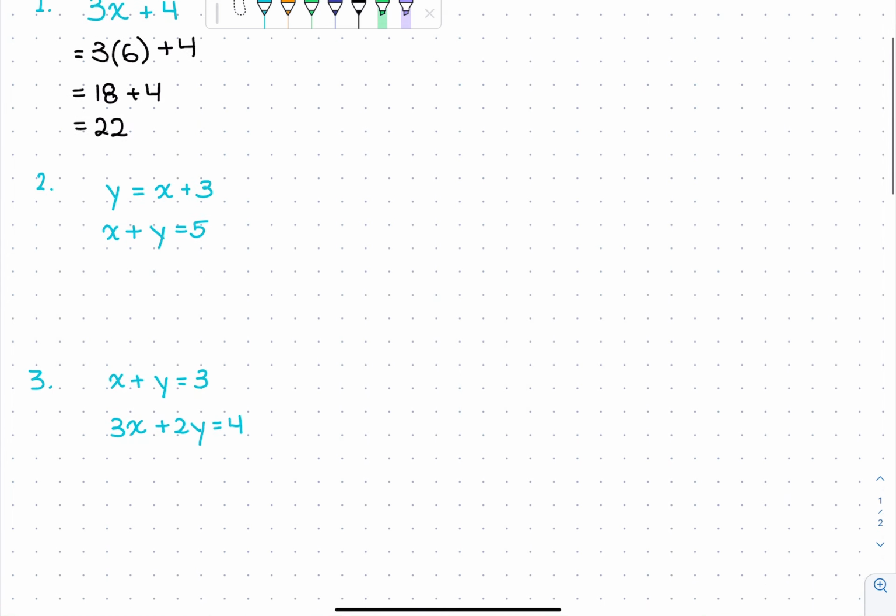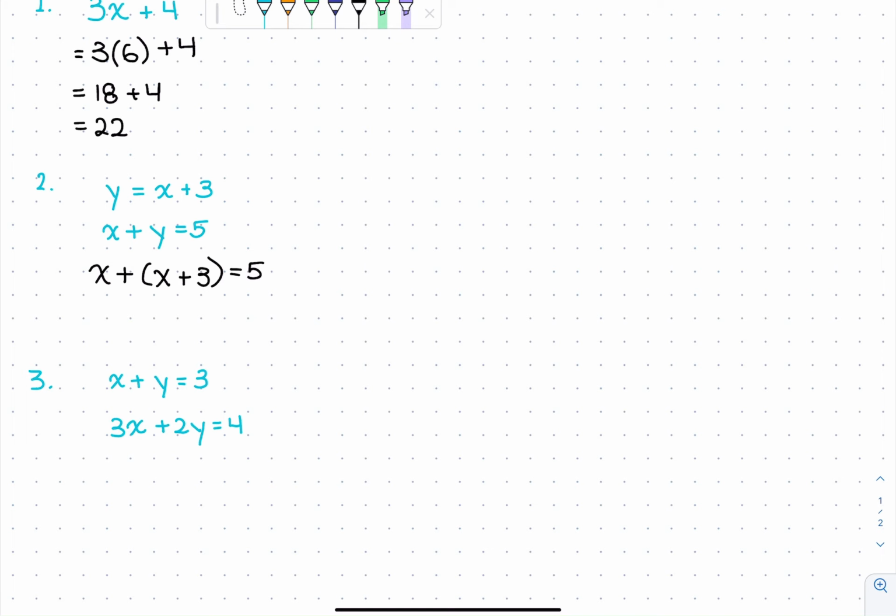However, we may have another situation. For example, this is saying y is equal to x plus 3. So we can still use this because we know what y is equal to, so we can plug it in here. So what this looks like is we'll have x plus, we know y is x plus 3, and it equals 5. Another thing to be careful of is that we're always putting what we're subbing in into brackets,